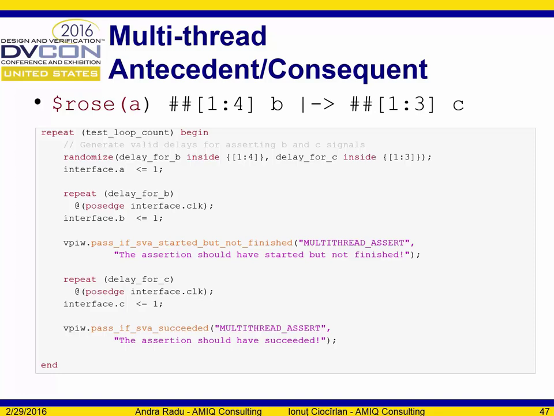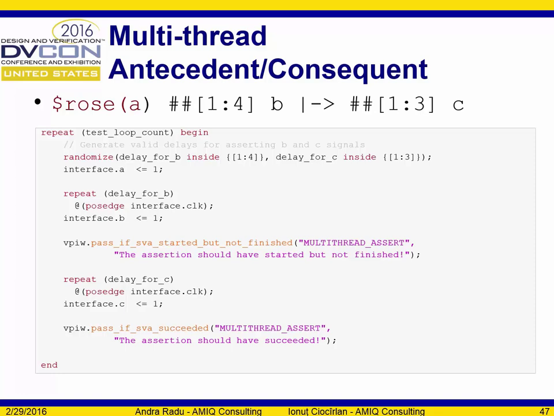Let's say this multi-thread antecedent and consequent. What this means is that you can have multiple threads, so multiple possibilities. You can have B asserted either 1 clock cycle later or up to 4 clock cycles later after A, and then we expect C to be asserted 1 or up to 3 clock cycles later. So what we have here is a randomization. We chose to randomize these 2 delays, and for the valid scenario we wait the randomized delay, we assert B,